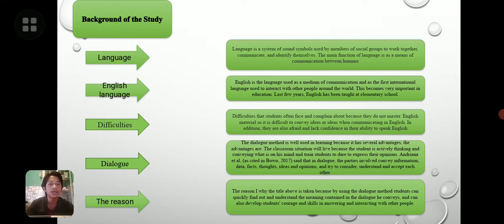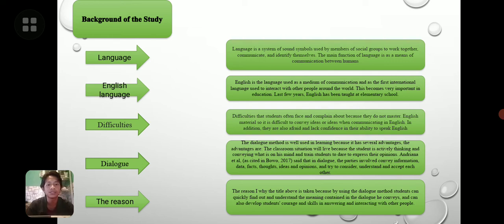English is the language used as a medium of communication and as the first international language used to interact with other people around the world. This becomes very important in education. In the last few years, English has been taught at elementary school.